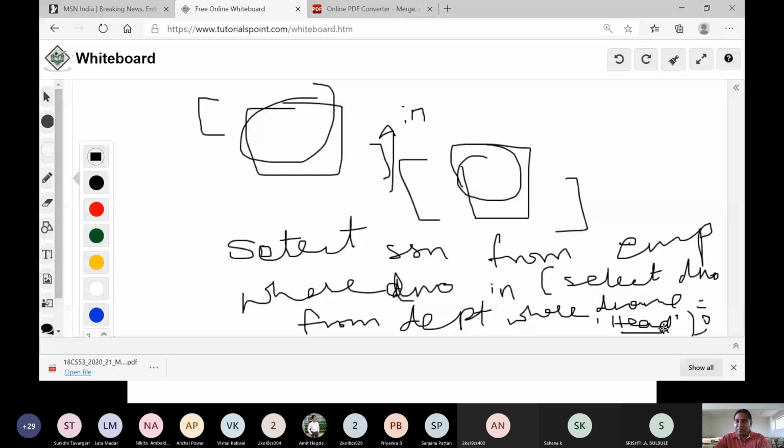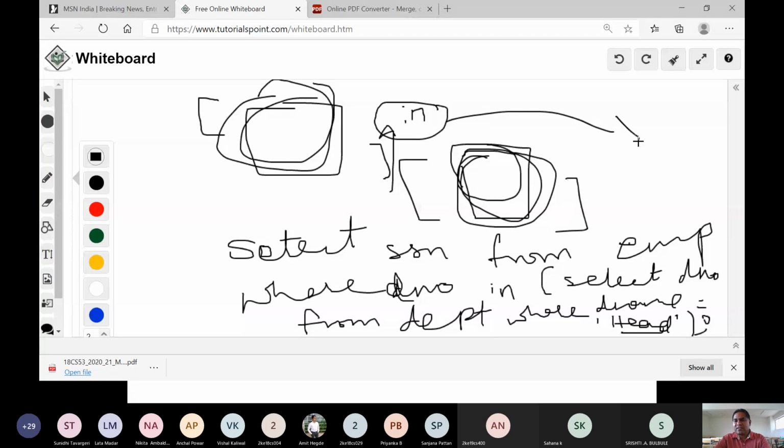That department number will be carried to the inner query. The outer query has the set of all values, and there is some expression running between these two new relations. When I execute this, I will get one new relation here, and another one here. These two have an expression running through them from which I get the final result.